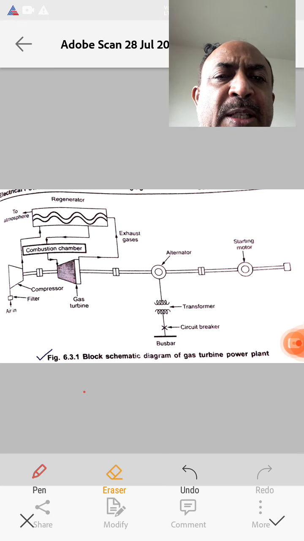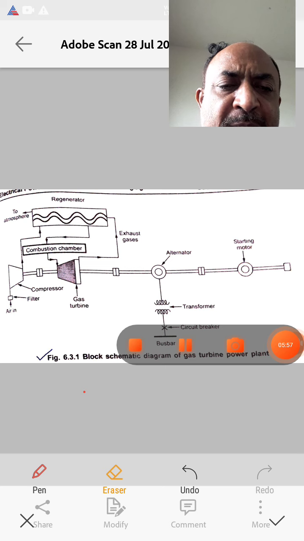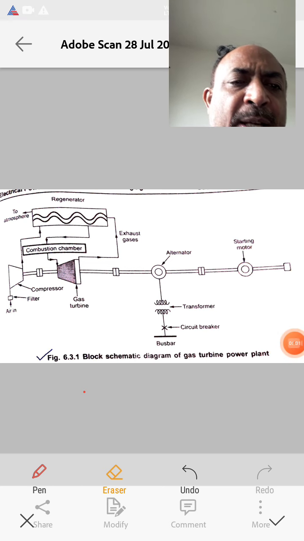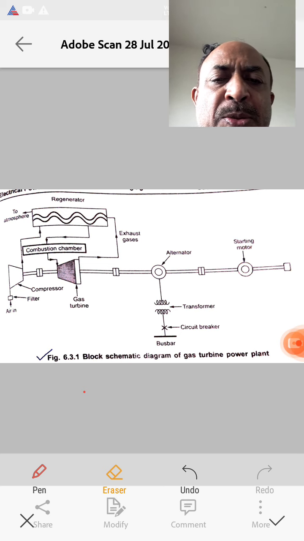This alternator converts mechanical energy into electrical energy, because this is the machine which converts mechanical energy into electrical energy.